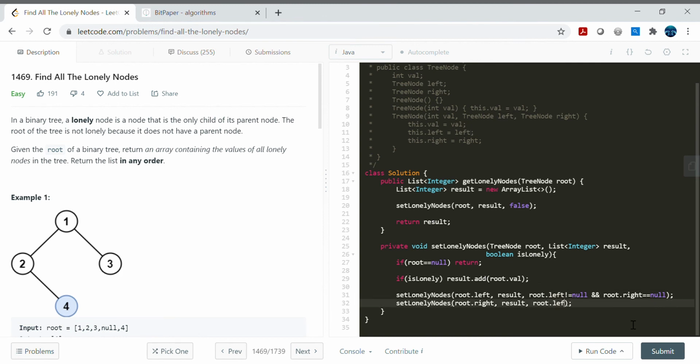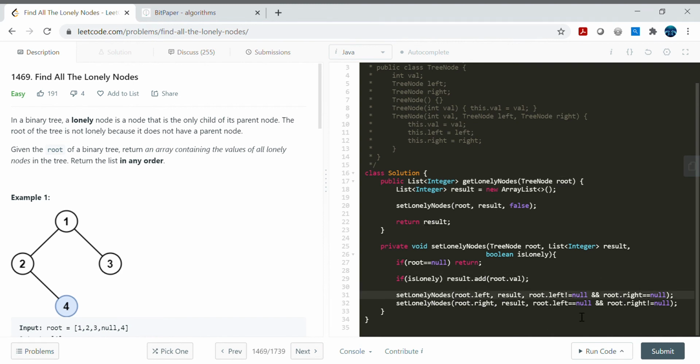Similarly here, root dot left equals to null and root dot right is not equal to null. So in this case root dot right will become lonely node, right? And that's what we are collecting here.